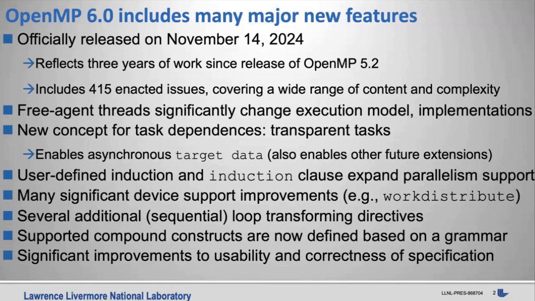The use of the term apply is consistent with the addition, specifically for loop transforming directives, of the apply clause, which now allows us to apply additional transformations to transformed loops, and in fact allows us to apply OpenMP parallelization constructs to the transformed loops